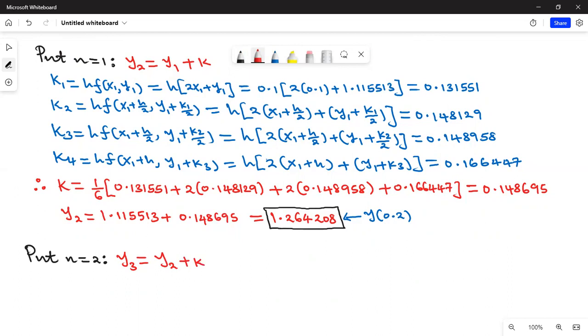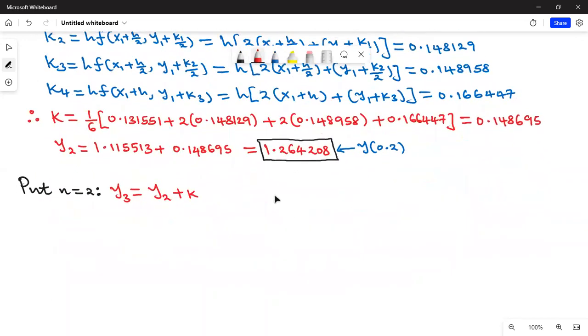So let's compute k, but before we compute k, we need to know k1 all the way up to k4. Let's start by finding k1. That should give us h times f of xn. Remember now n is 2. So this should give us x2, y2. And so based on our definition of f of x, y, which is 2x plus y, in place of x we put x2, in place of y we substitute y2. So it will be 2x2 plus y2. And so this is 0.1